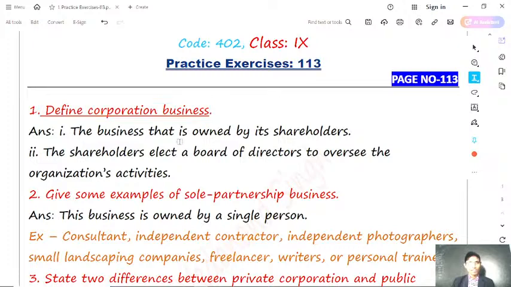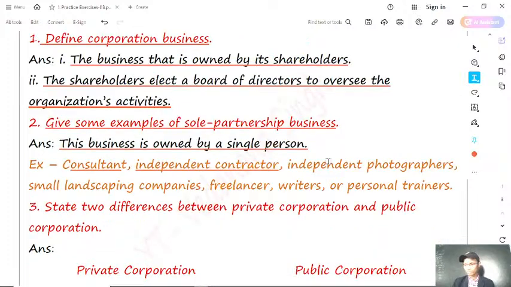corporation business. Okay, the answer of the question is the business that is owned by its shareholders, means all those businesses which are shared by its shareholders is known as corporate business. And what happens in the